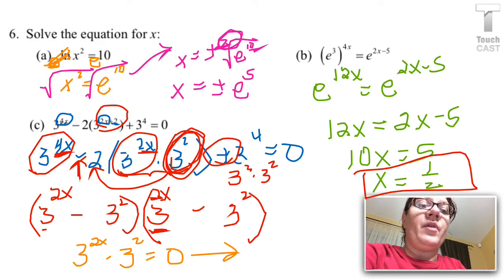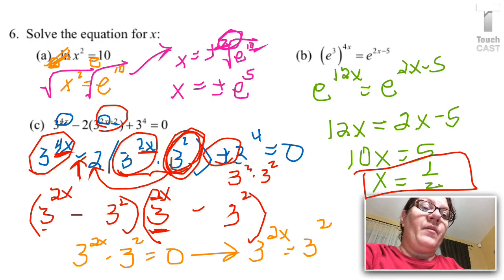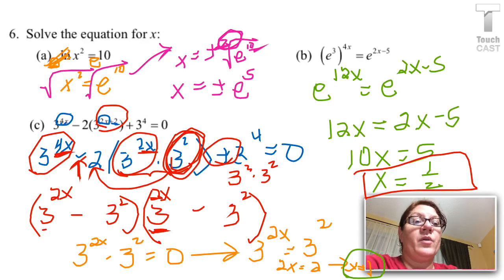And of course I'll set the parentheses equal to 0. They're both the same, so I only need to do 1. And if the bases are the same, the exponents must be equal. So when I finish solving, I get